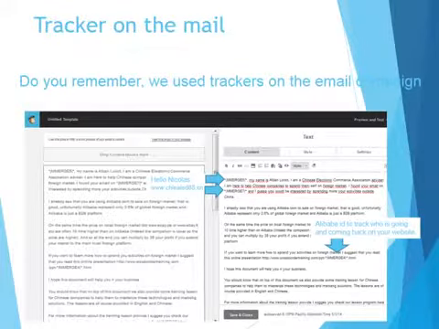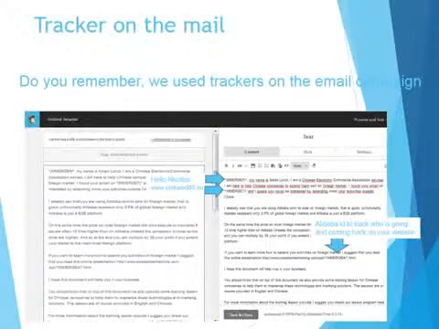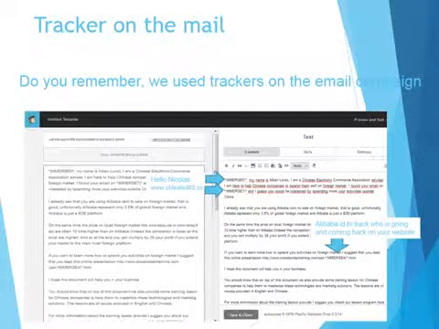So do you remember on MailChimp, but it's exactly the same on the SMS or on the fax, or if you're using Infinity Responder. On MailChimp, when you're writing the email, the URL inside has a tracker. It's